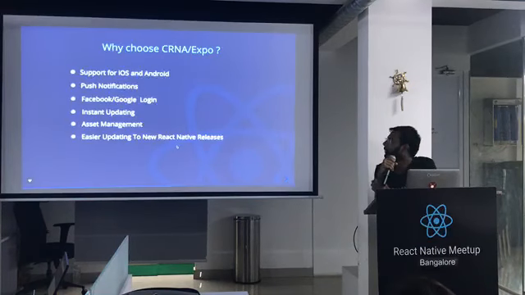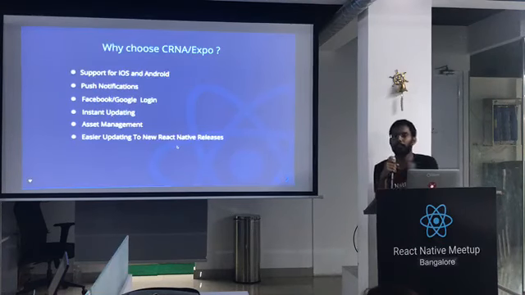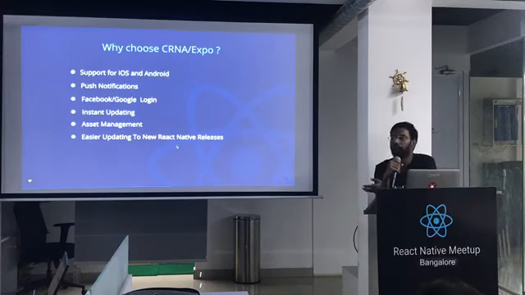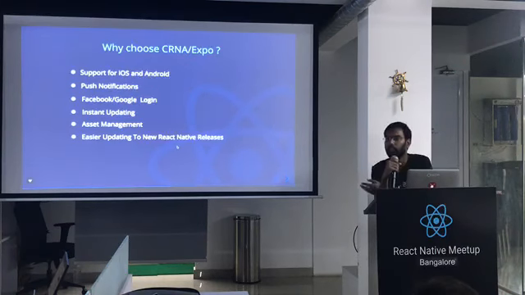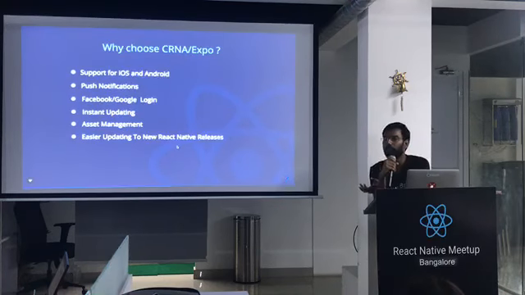So basically, Expo is a wrapper over React Native. What we used to do in React Native is we were shown the native code, like the Android and iOS folders, so you can manipulate the native code when you have to do something. In Expo you are given all the features that you use normally, like React Native Maps and Facebook. They have abstracted the native modules, so they have come up with this. If you are a newbie, you can just try CRNA instead of going for React Native.